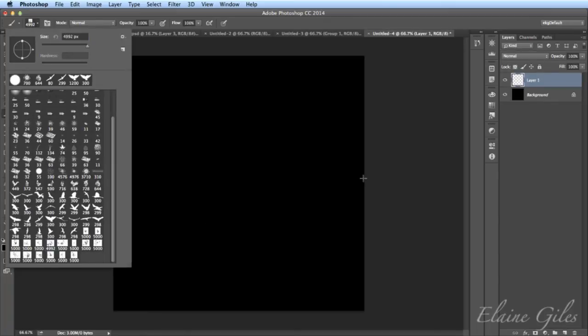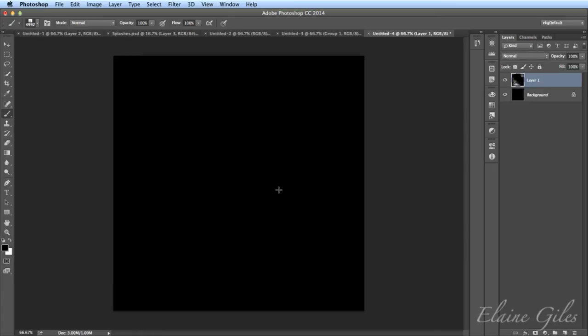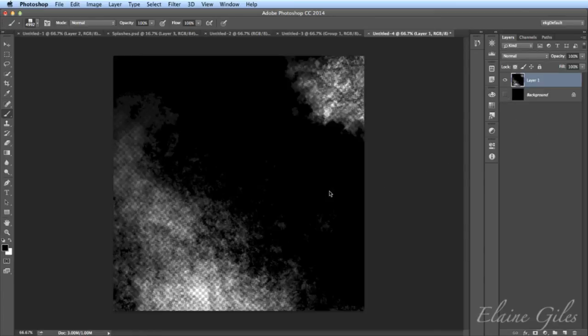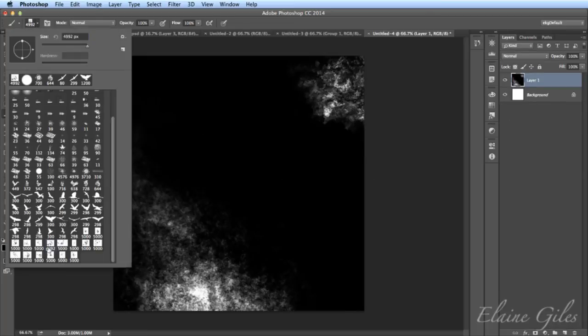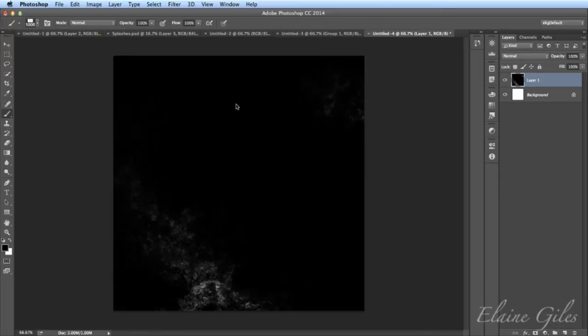Now, these are explosions, as the name implies. So coming across here and clicking, and that's what you get. So actually, I could use white on that background. Let's do that. And we're not seeing it because I haven't turned it on. There we go. So on this layer, I have the explosion, and the white is showing through. Now, the thing with it is, it's not exactly brilliant. It's an explosion, all right, but it's not brilliant.